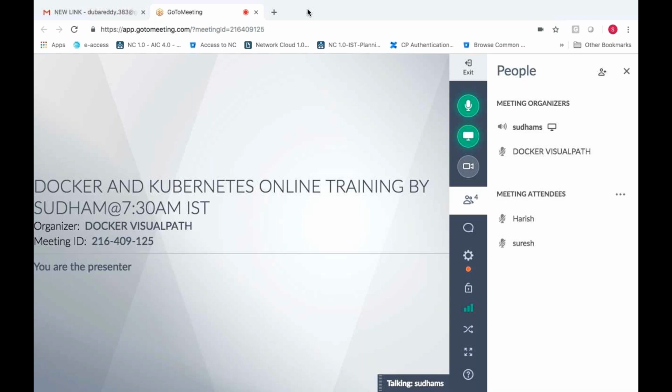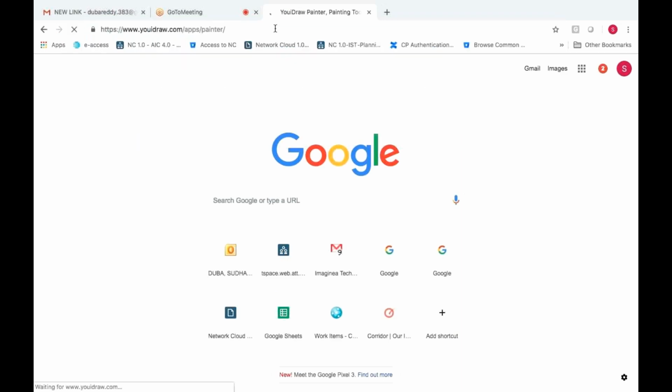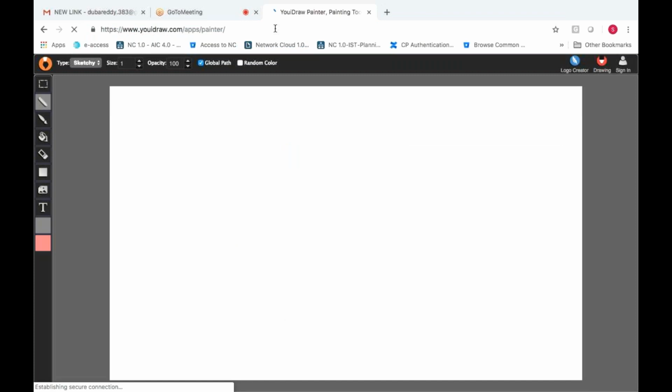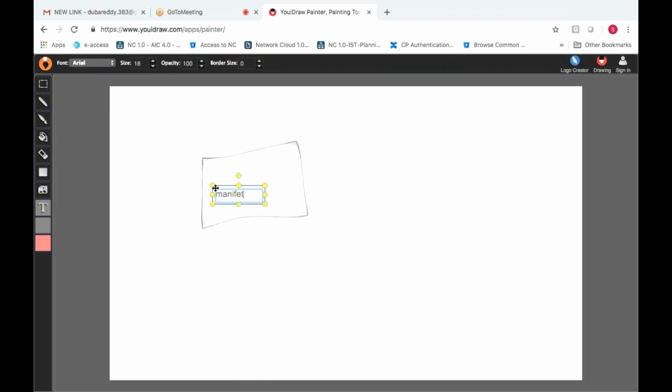So for a human being, let's say it's a single application or two, three applications, you can write your own directory structure. Let's say if you're deploying a single application, you can create a directory called something like manifest or whatever it is.